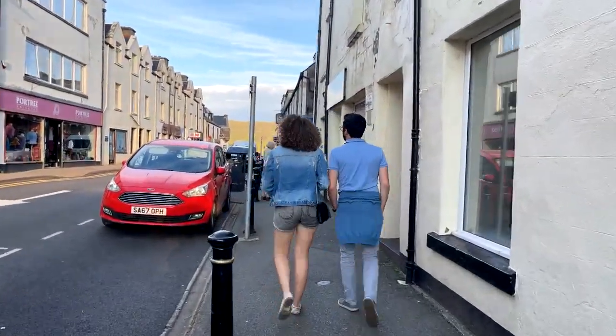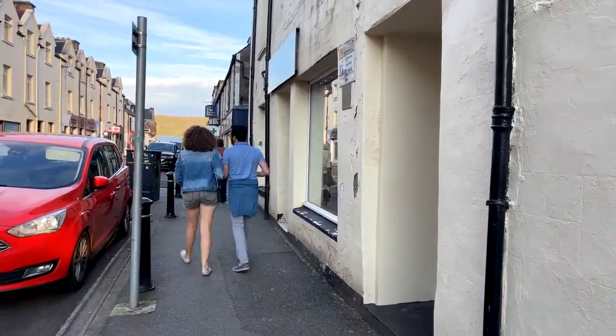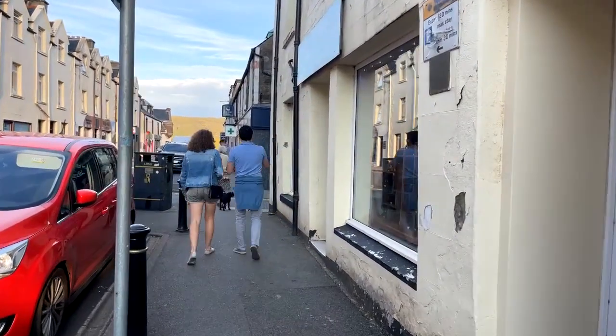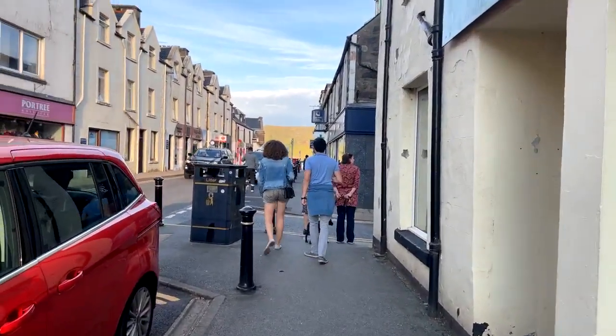Now I mentioned that the tower had actually fallen down. It was severely damaged in gales in 1978, and the stones actually fell on to